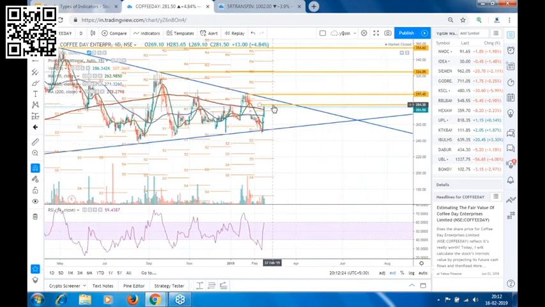Because see, if I take entry at around 285 level, then the pivot is around 290 level. So it's just 5 points. Then the next pivot is around 312 levels. Well, the choice is yours. If you want to use pivot points as your targets, then you can use them. But I don't use pivot points.